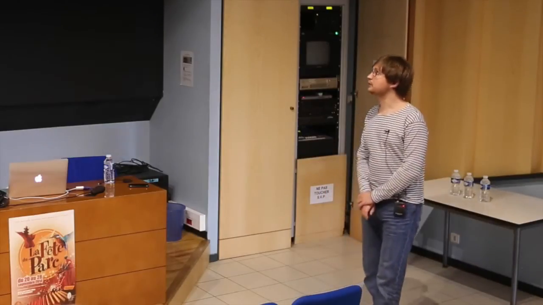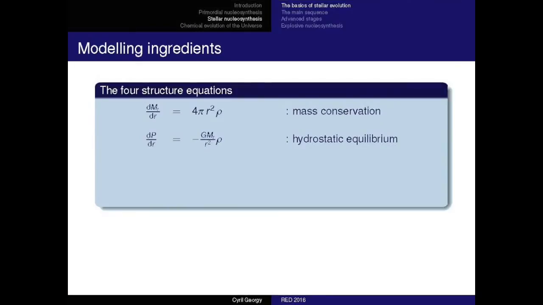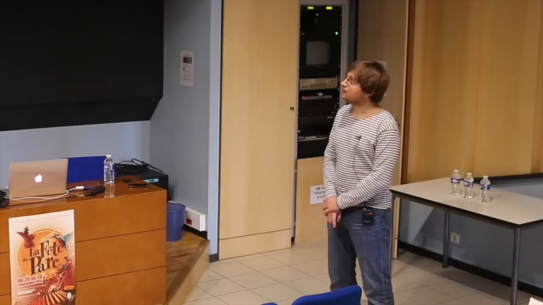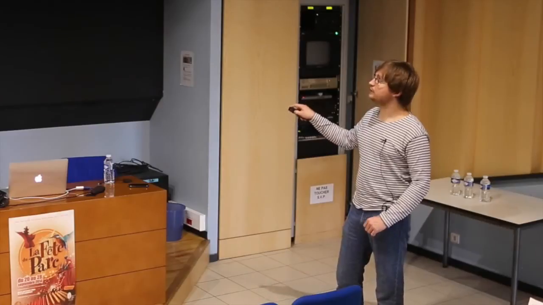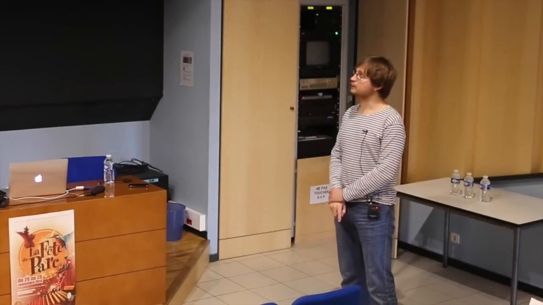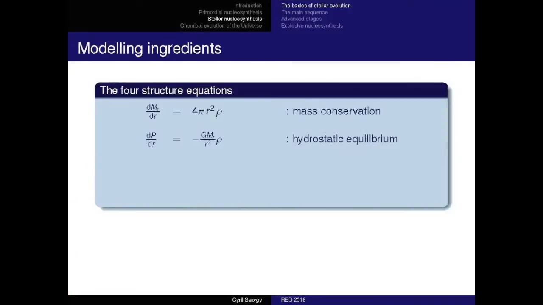So how do we model a star? We have different kinds of things we have to solve to produce a good model of stars. Sorry, I have only a few equations, but still it's important maybe to know how we predict things about stars. So basically we have a very generic equation, the mass conservation equation, that links how the mass is distributed as a function of the radius with the content of the star, so the density inside